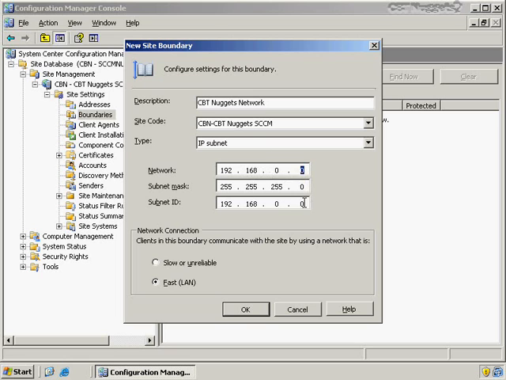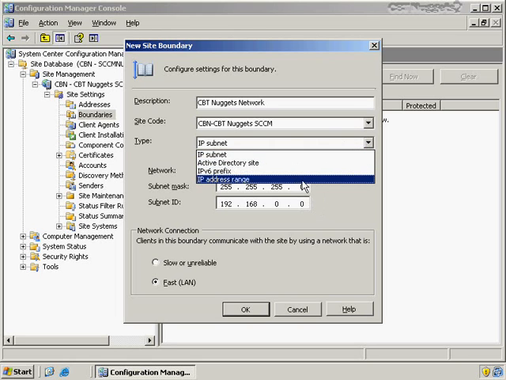You'll see the subnet ID is actually marked here. If I wanted to do individual IP addresses, maybe half a subnet, or maybe I'm not comfortable with subnets and how subnet masking works, I can say instead of choosing a subnet, I can choose an IP address range instead and say, okay, I just want .1 through .254. The decision is up to you, but again, you want to make sure that these boundaries are set before you